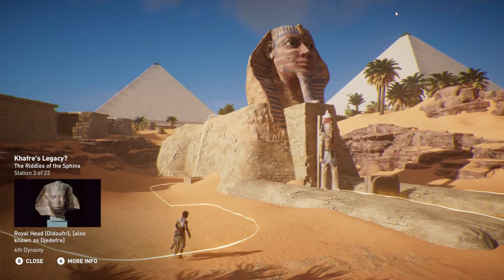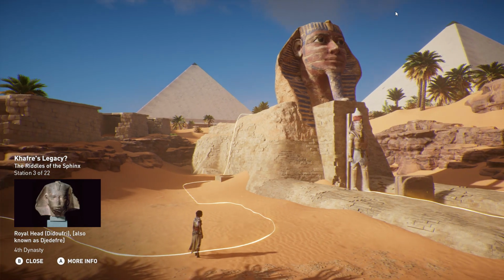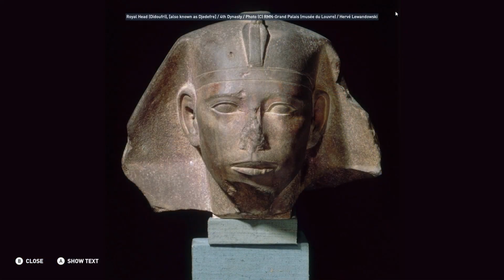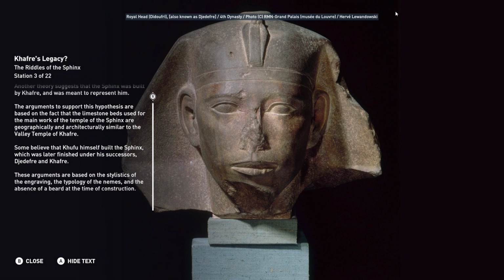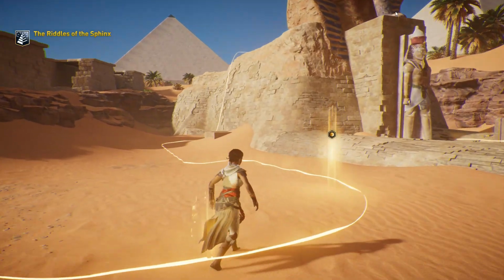Another theory suggests that the Sphinx was built by Khafre and was meant to represent him. The arguments to support this hypothesis are based on the fact that the limestone...